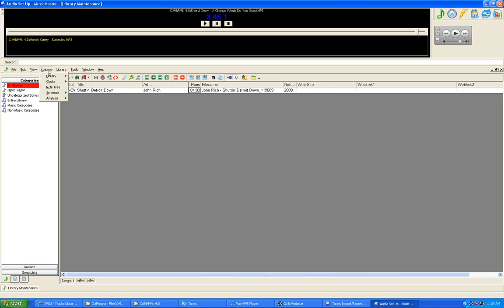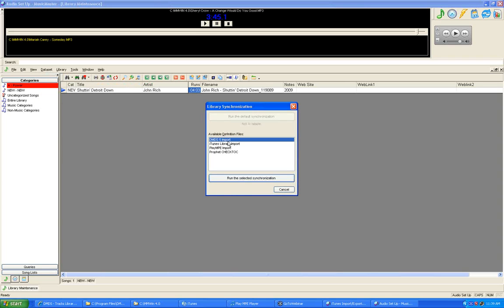So once again, I go to Dataset, Library, and I go to Synchronize, and I'm going to use my DMDS5 import. It's going to work the exact same way as the process that I just worked with PlayMPE does. It's going to go ahead and dump the new songs into my new category, or whatever category I designate, and bring the metadata in. Then all I need to do is go ahead and put it in the category and